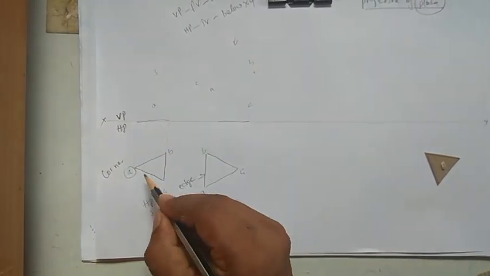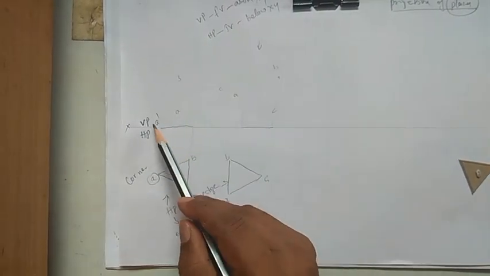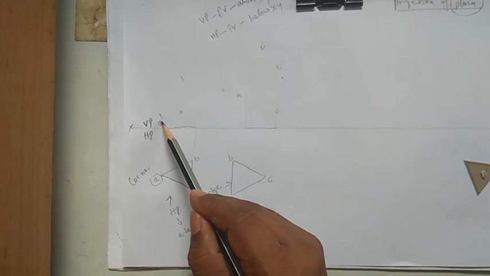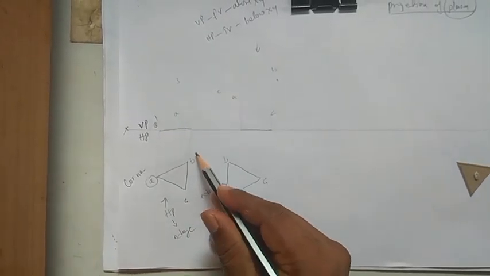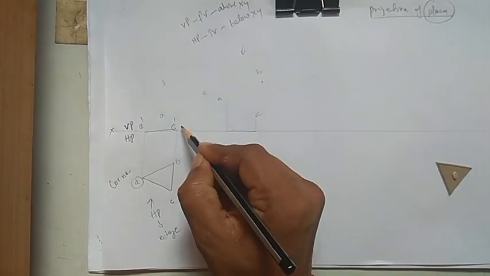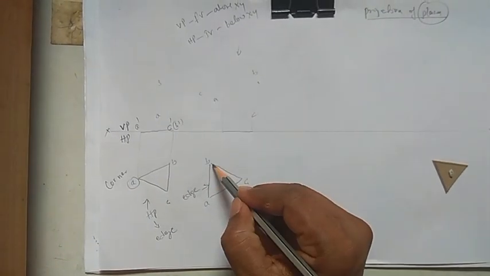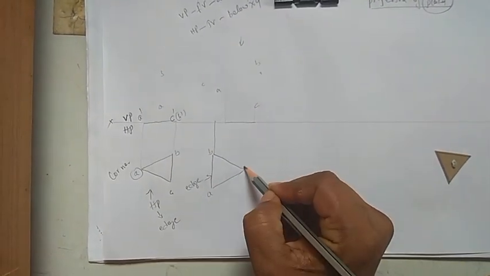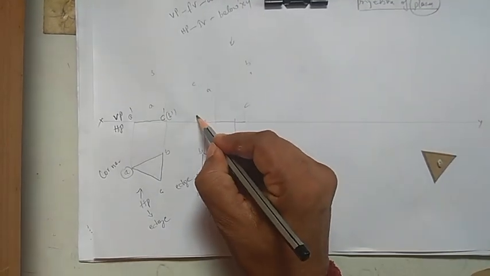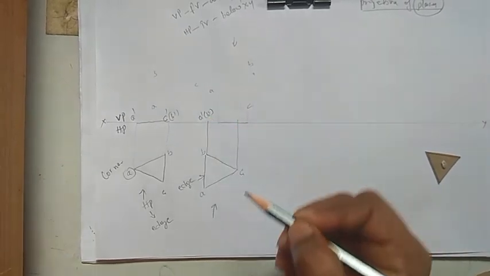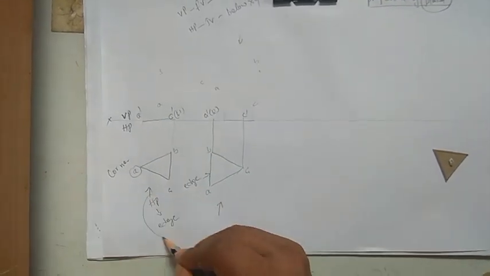Okay, so if you see here, from here, this is the A dash. To differentiate the naming, we'll write the front view as A dash, and when I see this line from here, C will be visible, B is beyond that one. And if you take the same here, we'll project this one upward, we are viewing from here, and we'll write, A is visible, so A dash, and B is invisible, so B dash, and this we'll write C dash. Okay, so this is resting on the HP.